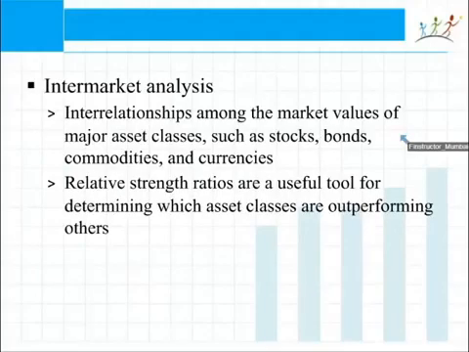Finally, technical analysts also conduct something called intermarket analysis. That is, see how bonds are moving, currencies are moving, other markets are moving to predict stock prices. So they try to calculate the interrelationships between major asset classes: stocks, bonds, commodities, currencies. So you can use different tools like the relative strength ratio, that is the up move or down move, to determine which class is outperforming, which class is underperforming, and try to derive certain conclusions out of it. So intermarket analysis studies interrelationships between different markets. That's all that we need to know from the level 1 perspective.